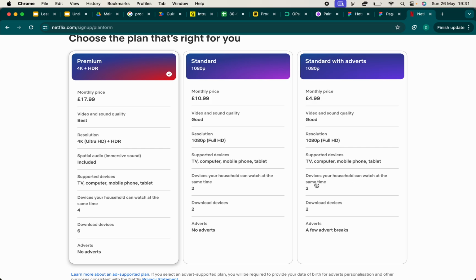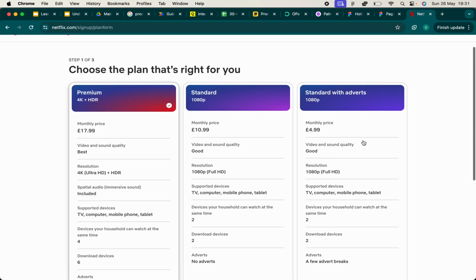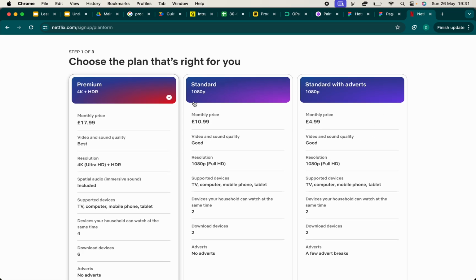So it means I can sign in to two different devices at the same time, and that's why we pay the cheaper price. That's more. That's premium. That's standard, and that is standard with some ads. So what's the key here? That in all of this, there's always evolution.